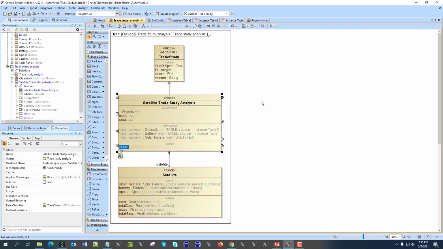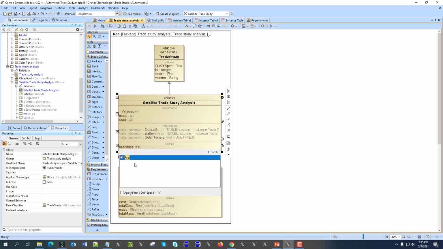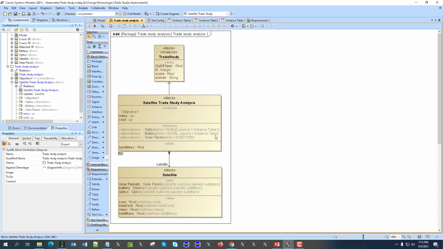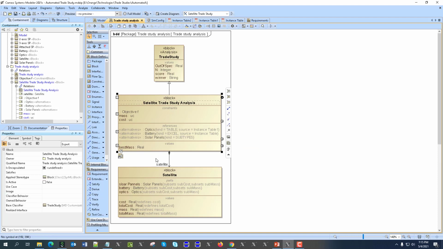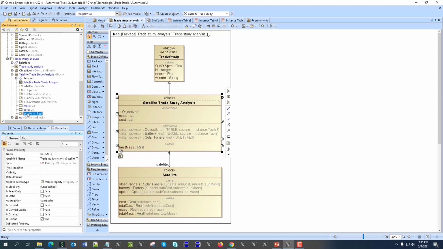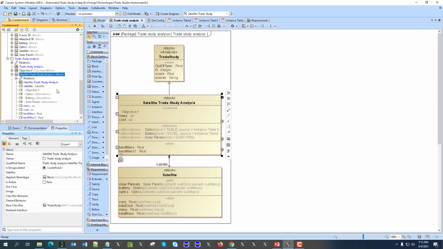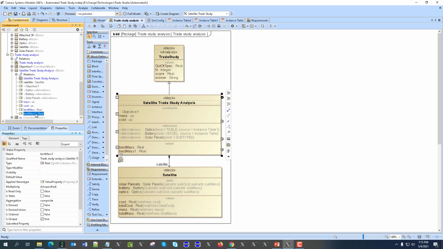So value property, best mass, and we are using just a real as a unit. And maybe let's go to the containment tree, take this best mass, copy, and then best